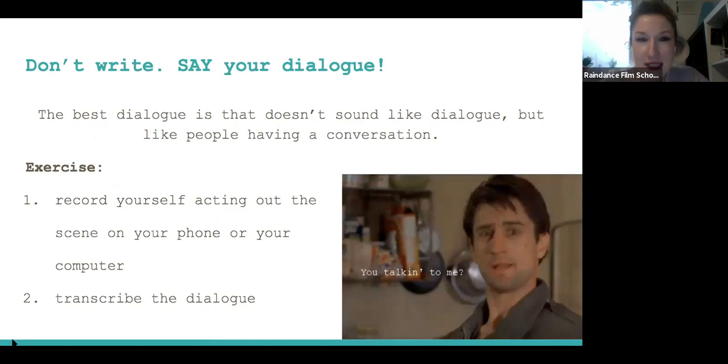Then the next step for me when it really comes to dialogue writing is that I'm not writing it first, I'm actually first saying it, I'm acting it out. And that has a lot to do with my own acting background. I draw quite some of my exercises from my acting training. One is, when I have developed the characters and I am working on the dialogue, that I go for a walk with the characters and I speak as them,